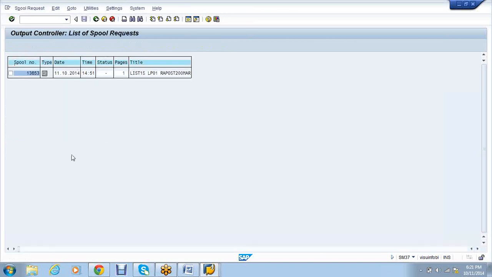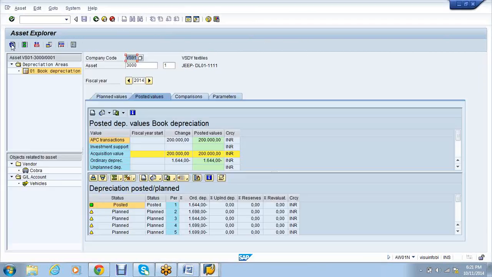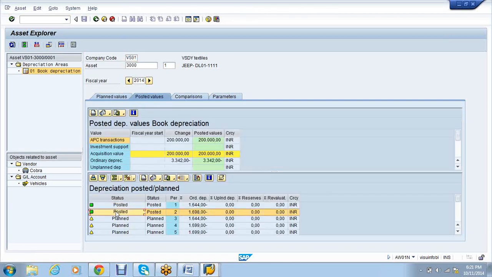Now refresh your report. It was planned, now it is posted. So each month end you can execute it manually or with the help of your technical people. You can schedule a program job, and it will run automatically every month end, on a specific date. You can ask the technical people to create a variant,